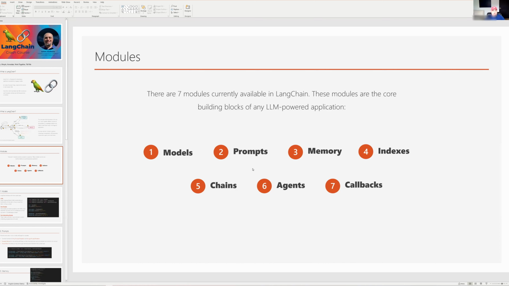So the prompts module allows you to create all these prompt templates that you can work with, and that way every request that you're making is kind of uniform